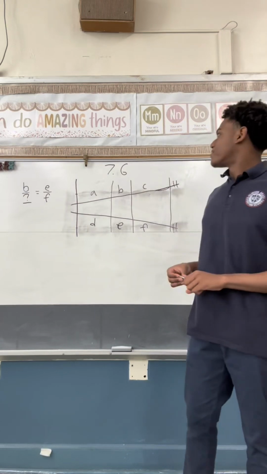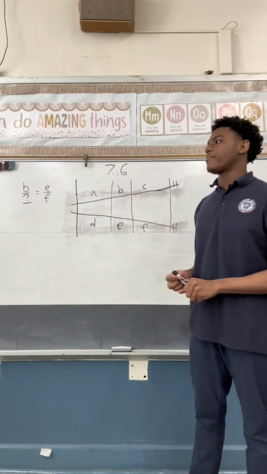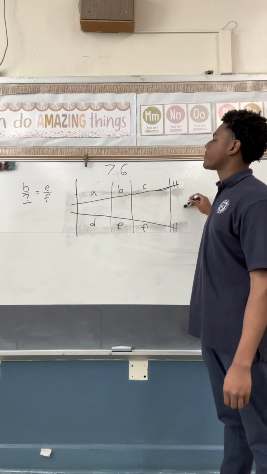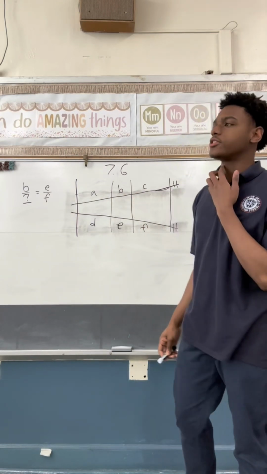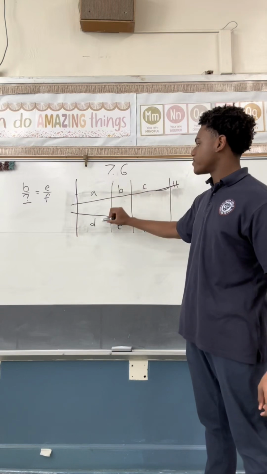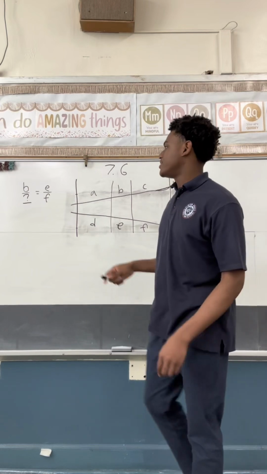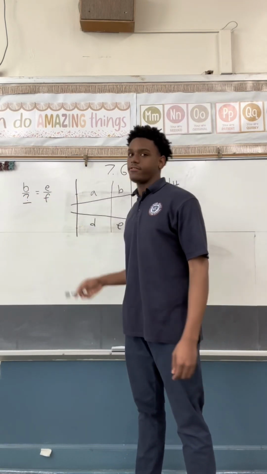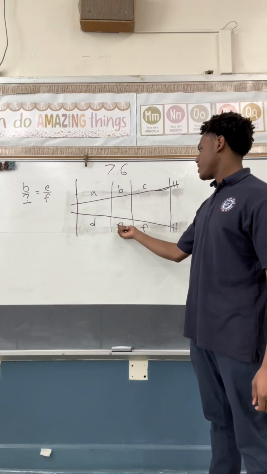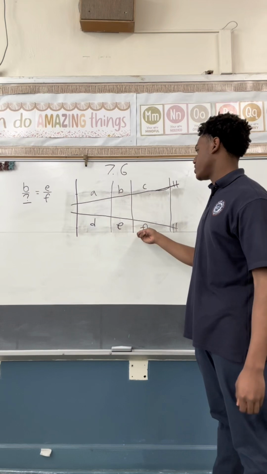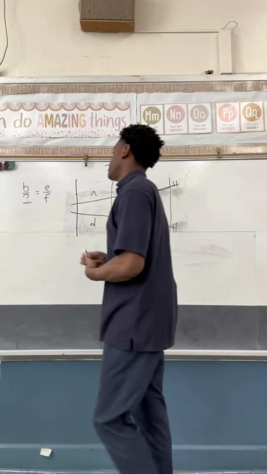Alright. Proportions in 7.6. To make it easier for yourself, I want you to think about it being equal. Both these lines are parallel to each other, and each letter has a corresponding relationship with the one that's across from it. So A corresponds to B, B corresponds to E, and C corresponds to F. Our question is B over what equals E over F. If you look at both of the relationships, you see that E and F are side by side, and these relationships are equal to B, C. So our answer to this equation